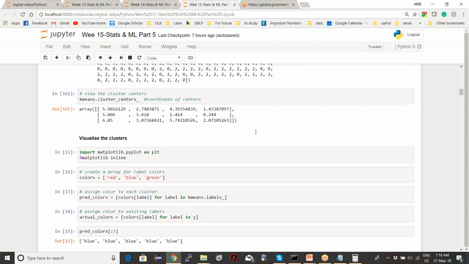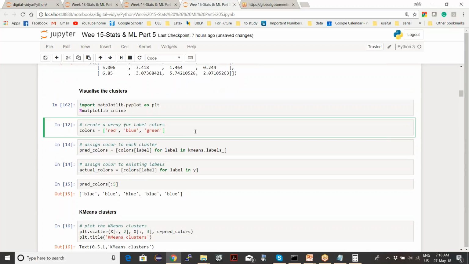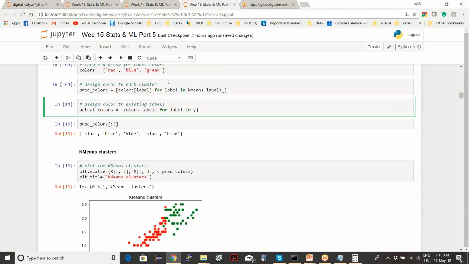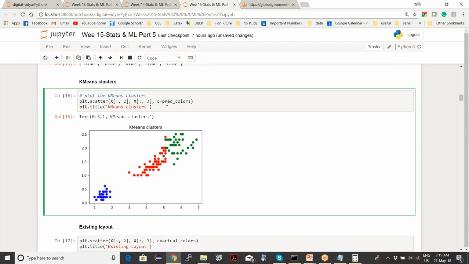Let's visualize what it's doing. So let's create 3 colors: red, blue, green. What we are doing is assigning colors to the group names. So we are saying 0 is red, 1 is blue and 2 is green. And also we are assigning the existing points the colors. So now let's plot.